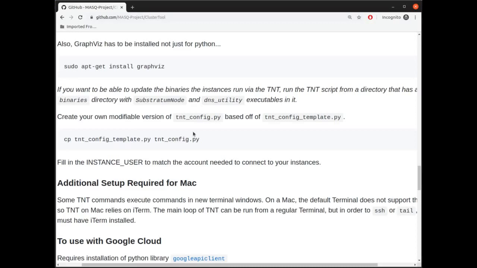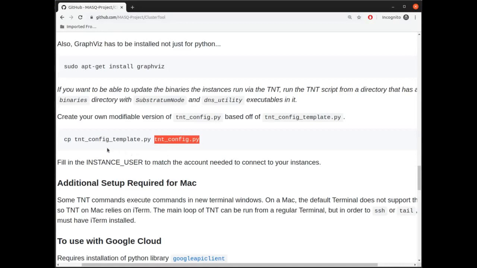And what this TNT config thing is, it's the file that holds your secret keys. So TNT config, of course, is not distributed with TNT because we can't tell what your secret keys are. So we can't distribute this file. However, we distribute this file, which, if you look at it, is a version of TNT config that's empty, that doesn't have any secret keys in it.